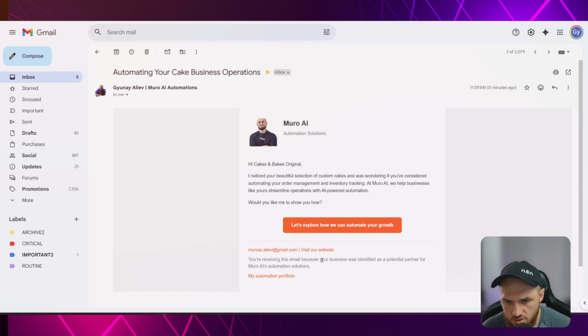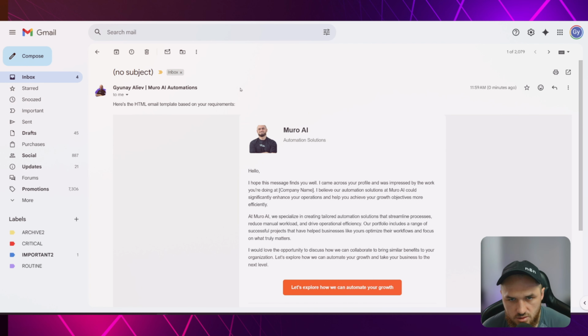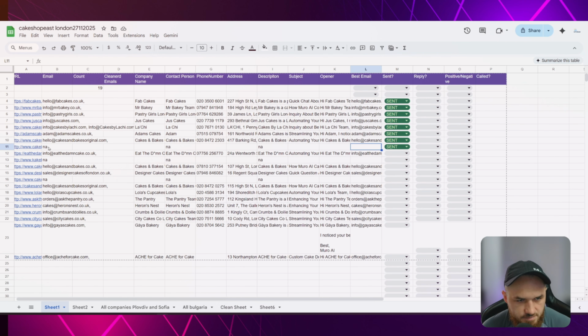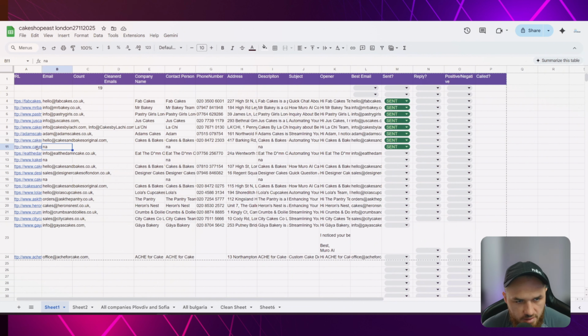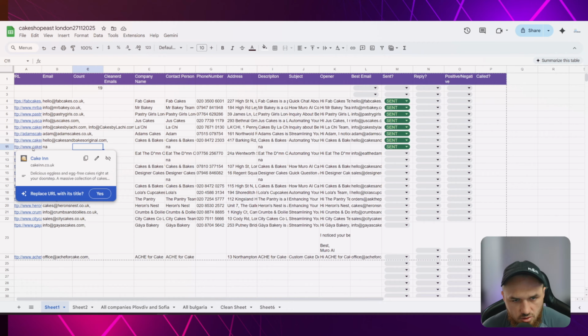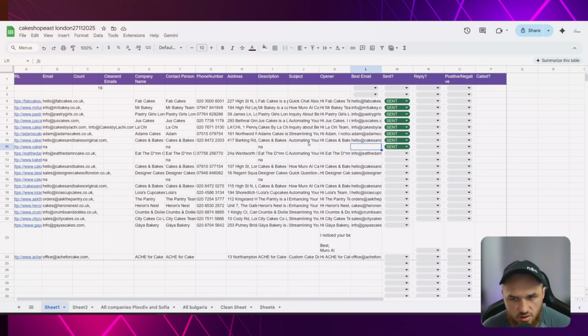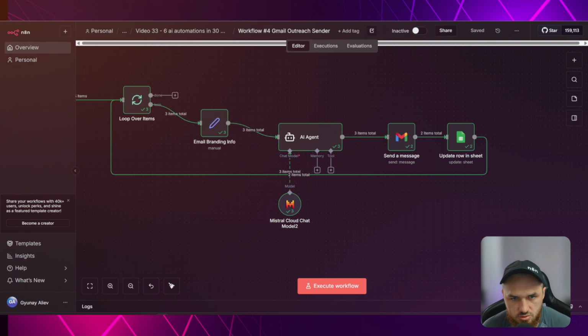Okay, looks really good. And what is this? Hello, company name. I have to skip these ones as well, so without email. So these are contacts that we couldn't find their emails, so I can either delete them or just skip them here on